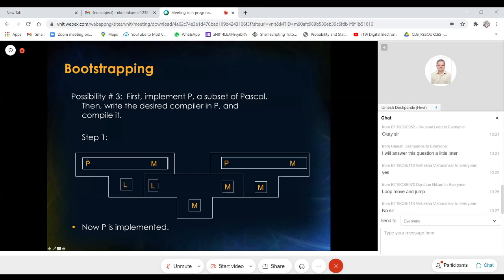We smartly choose a small subset of Pascal, let's say few features, something like an assignment statement, an if statement, and some kind of a while loop. So we take only three statements which might be there in the Pascal programming language, and now develop this translator from P to M